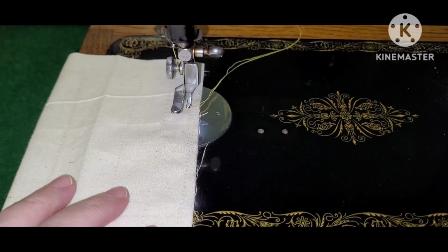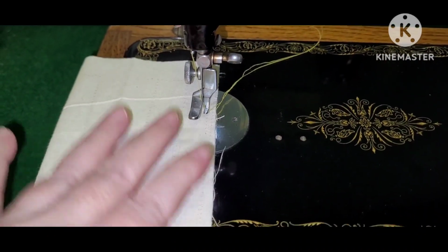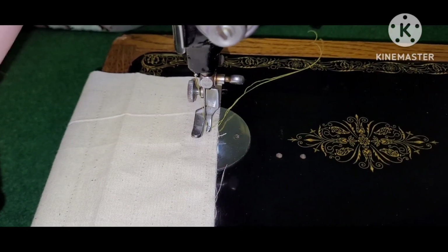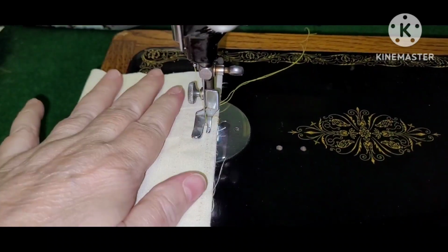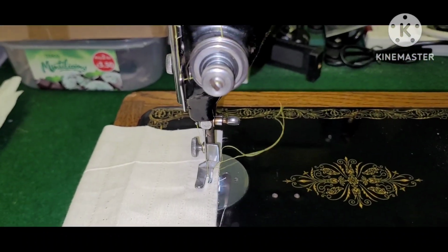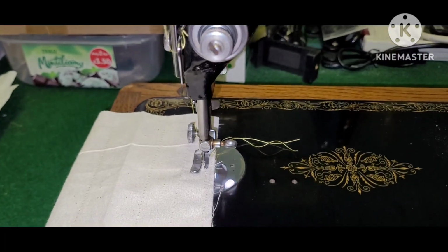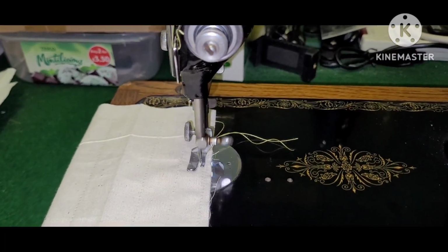Right, to test the sewing, I've just got some calico cotton. To begin, lower the presser foot with the left hand, and then I'm going to wind on the handle. I'm trying to do this with the camera so I might not do it straight. Wind the handle